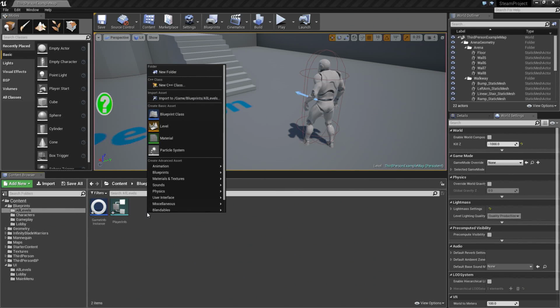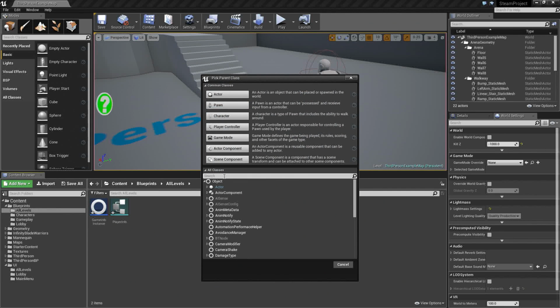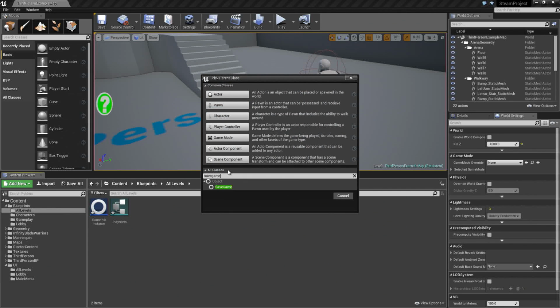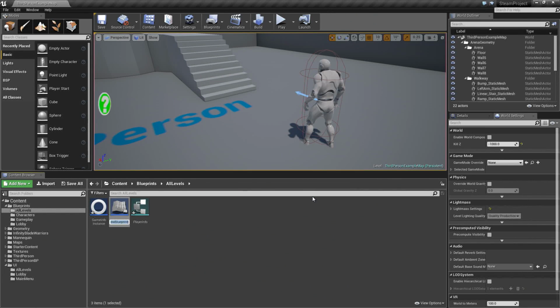Okay, let's right click and let's go to blueprints, blueprint class. Now we're going to be looking for a save game. So save game is what we're looking for here. Go ahead and select it. We'll just call it player save game because I can't think of a better name. And that will save our player's name, avatar, a whole bunch of information. Basically, it's going to save a version of our player info locally and then upload that information to our server, who will distribute that to all of our clients. So our clients know our names, our characters, etc.